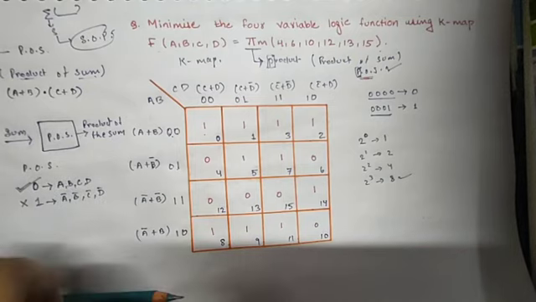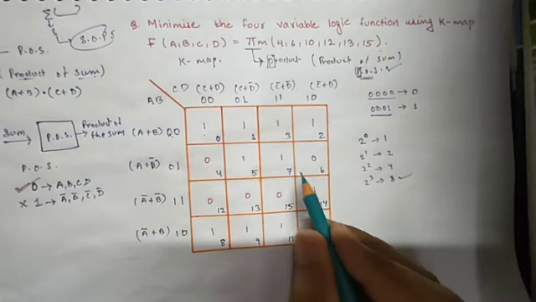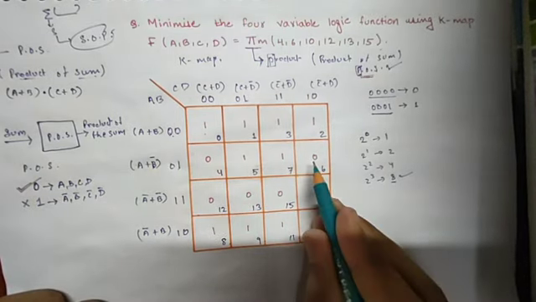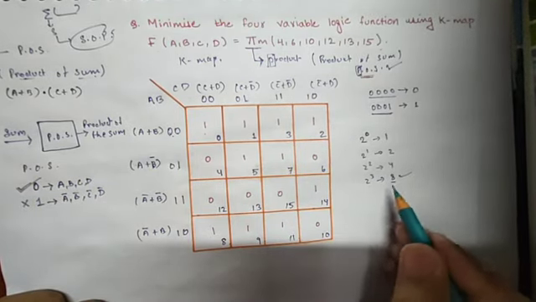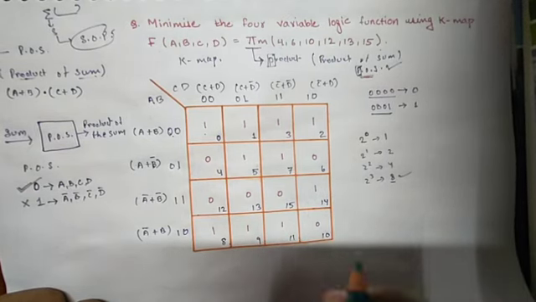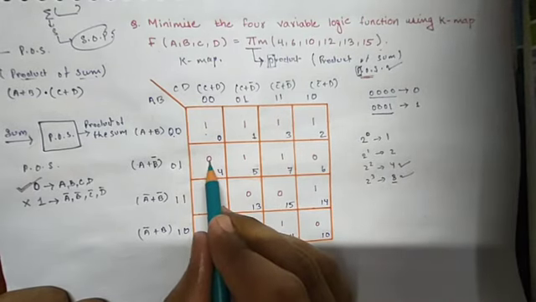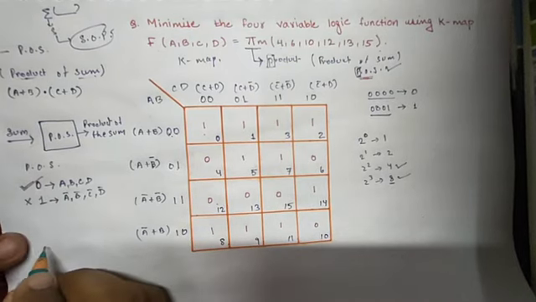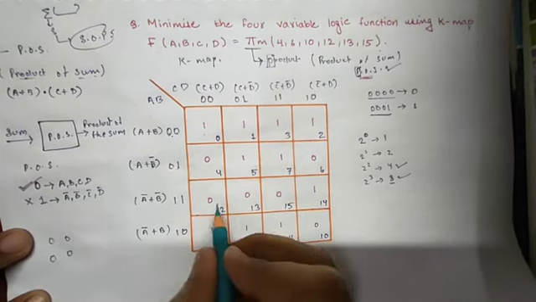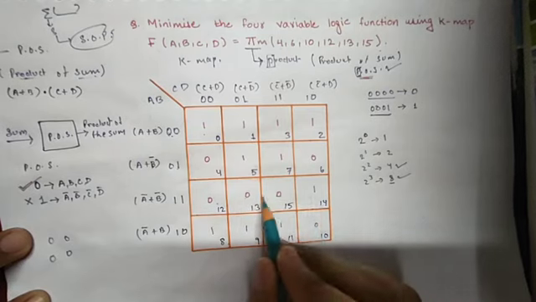Can you see anywhere in this box a set of 8 zeros that are together? We have to see the set of all the zeros that are together. 8 zeros, can we see 8 zeros together here? No, we can't see. Can we see 4 zeros together? 1, 2, 3, but the fourth one is here. We have to find like this, 0, 0, 0, 0. In this orientation we can take, but we cannot take like this, 1, 2, 3 and 4. We need to take the entire row, or